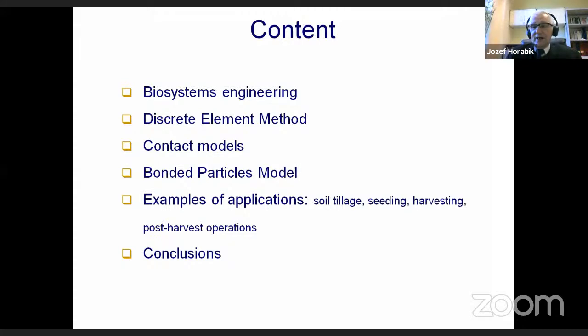So now I'd like to briefly to show modeling of some typical processes important for biosystems engineering. Let us start from the soil and impact of the cohesion. In case of the zero cohesion, we can observe